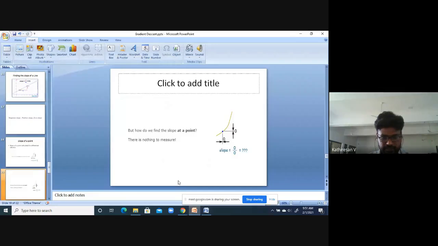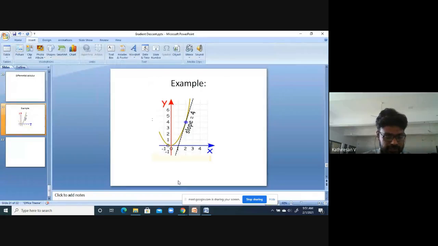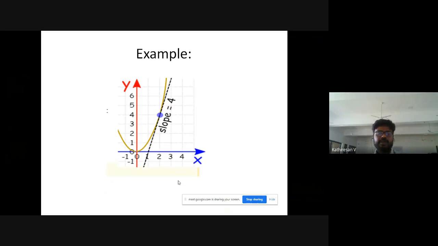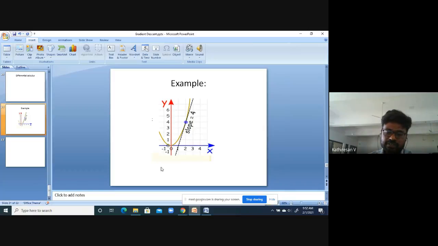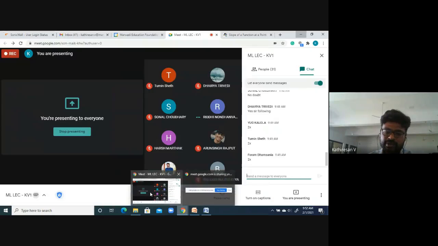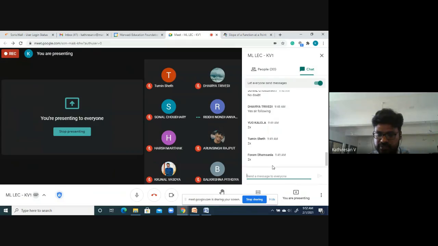See here, just look into this particular diagram. I hope everyone knows the expression for this particular curve is y equal to x square, because it is a parabolic curve. So what will you get if you apply differentiation, or differential calculus, on x square? If you apply differential calculus on this particular curve, what will you get? Yes, I am talking with you. Answer my question. Unmute yourself and talk. What will you get?